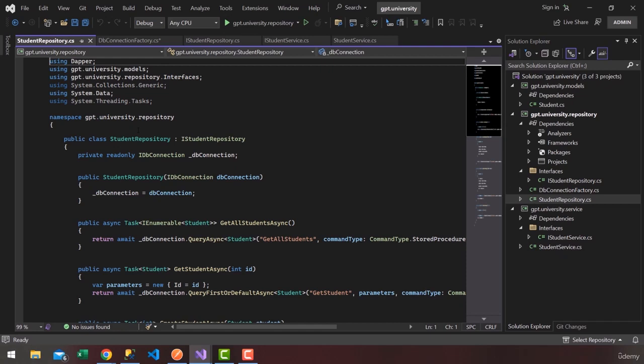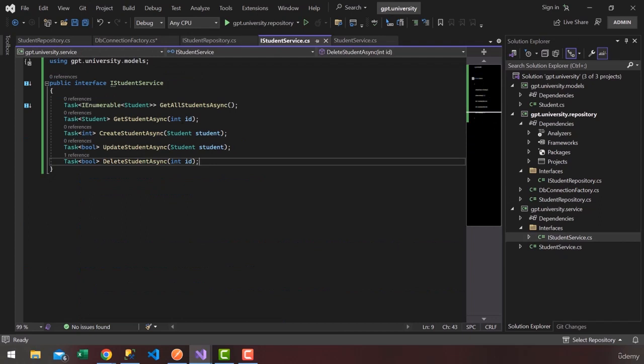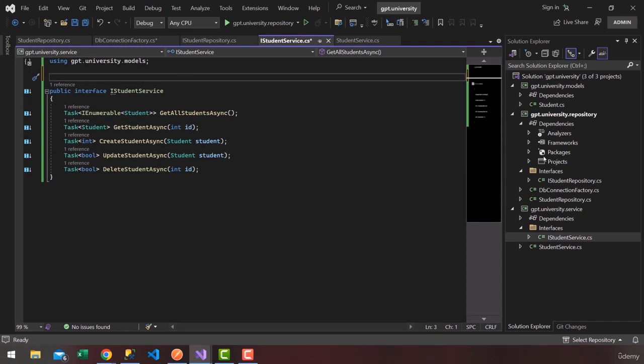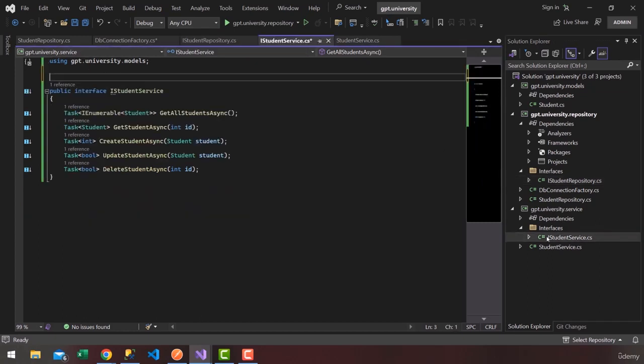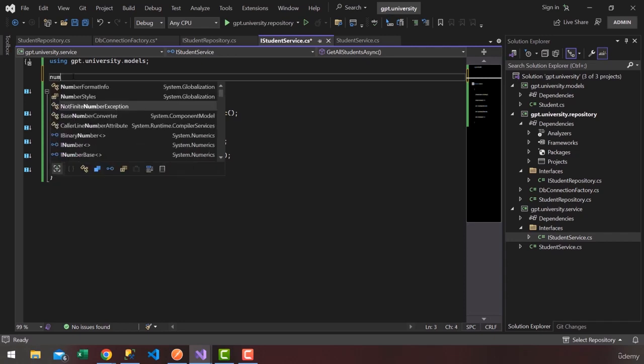All right, this one is correct. The student repository we created ourselves, that one's good. iStudentService, public interface iStudentService. This should also be in the namespace. Notice just like iStudentRepository, we had a namespace here. So I'm going to go ahead and add a namespace to iStudentService here. So we're going to say namespace,